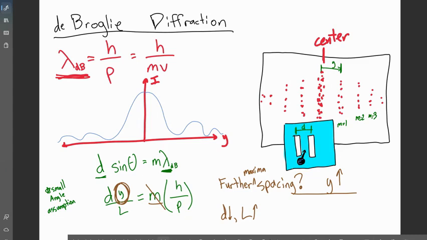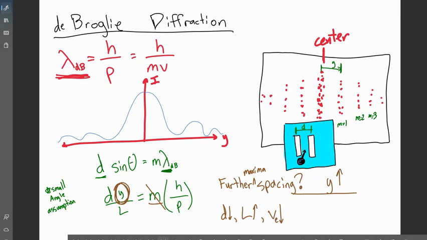But now we get to the de Broglie wavelength. Normally we would say for spacing to increase, you increase lambda. But how do we increase lambda? Since we can't touch the top, the bottom has to decrease, so we decrease the momentum. We can't change the mass, but we can change the velocity. So we can make the electrons slower, and